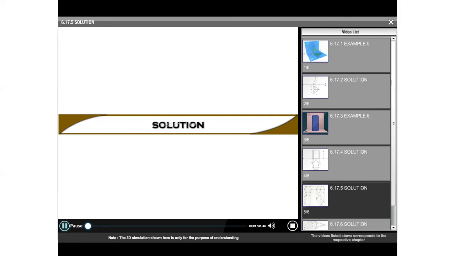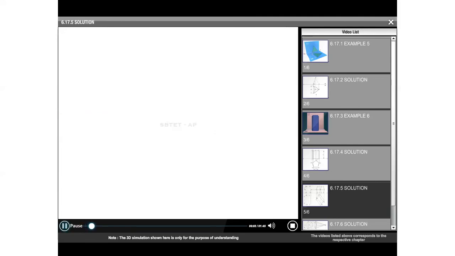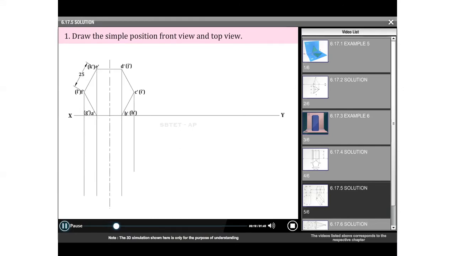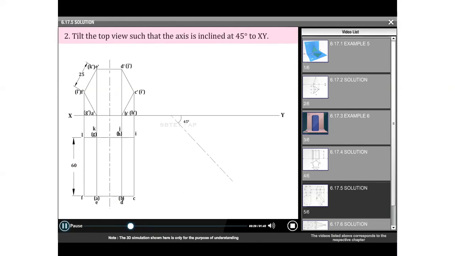Solution to example problem. Draw the simple position front view and top view. Tilt the top view such that the axis is inclined at 45 degrees to the XY line.